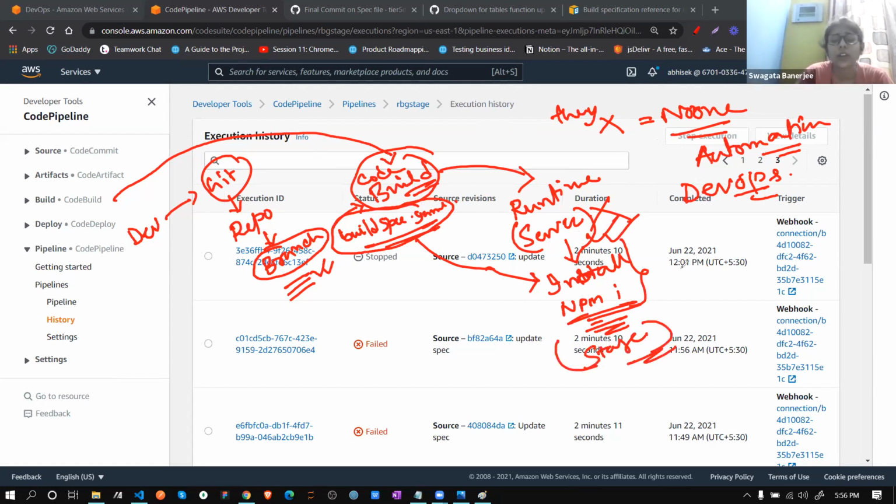Why are we using the YAML file? Why can't we use only a JS file or something like that? Because this is a long history, because AWS actually worked on this YAML file. Okay, let me tell you the full story of YAML.